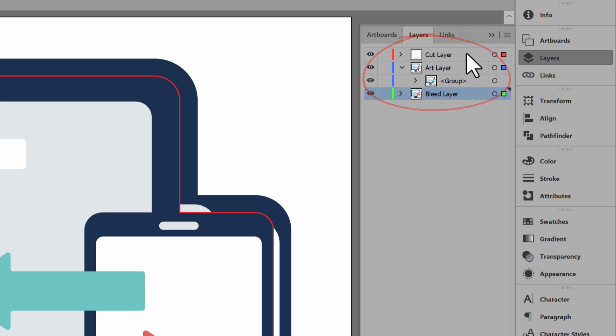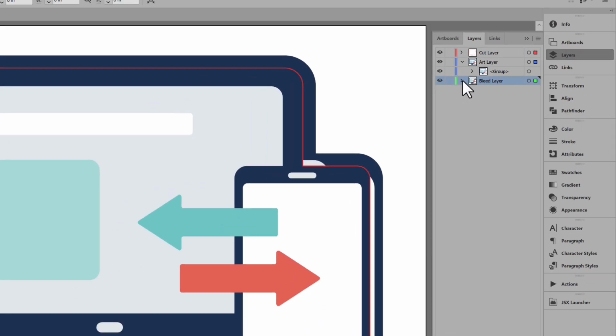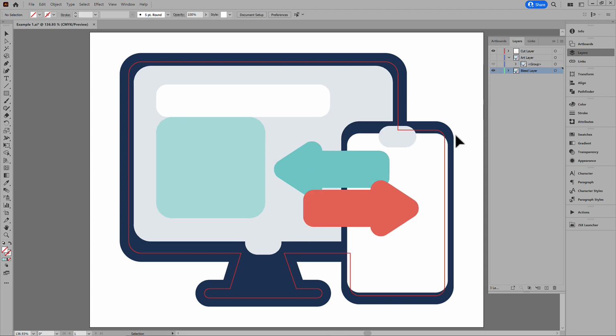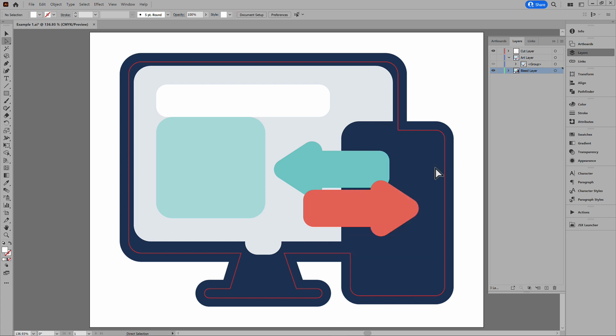But it's important to note, the script is not perfect, as this example shows. I'll turn off the art layer so you can see what's happening. The bleed layer is created by applying offset path to all elements. This works in most cases, but for this art, some elements are closer to the trim than the bleed value, so those elements are enlarging too much. We can edit the result to fix that. At least most of the work is done thanks to the script.